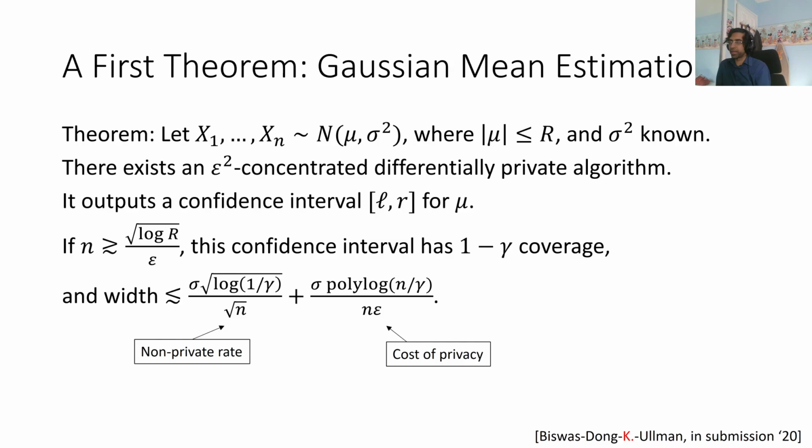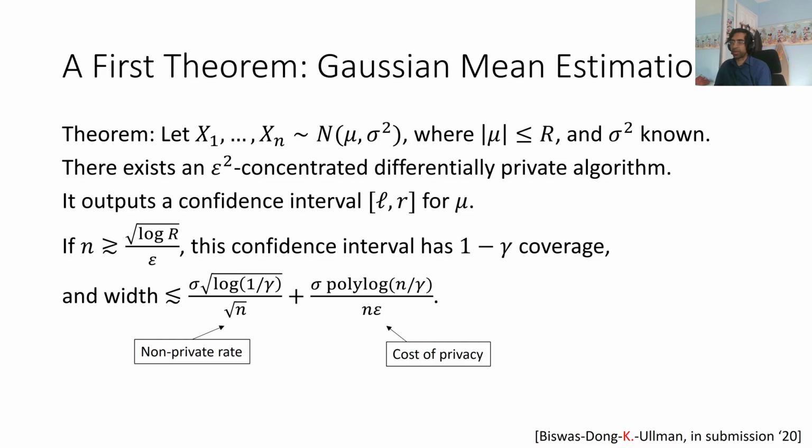We'll note that this is a lower order term, since this is 1 over square root n, but this is 1 over n. So it should die faster, especially for large values of n. It should become negligible. The second thing is that we have this new requirement here that we need n to be sufficiently large to get a reasonable accuracy estimate. And this is kind of necessary. This is where dependence on r comes in. And like I said, this is necessary in the sense that there are lower bounds which say that a dependence on this will be required.